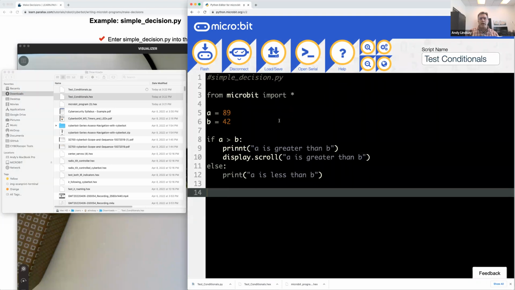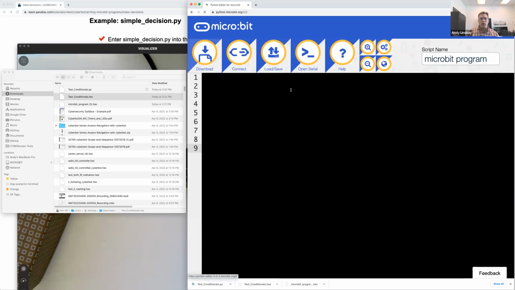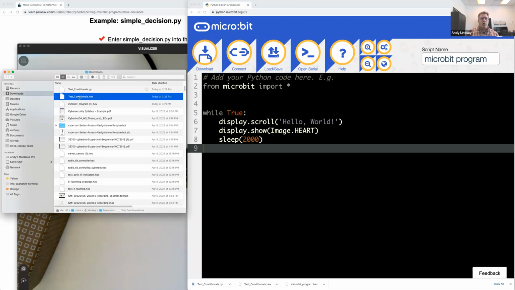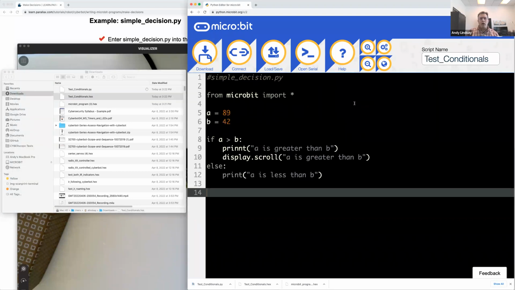testconditionals.hex, one thing I can do is, let's say we refresh our browser. Well, all of a sudden, all work is lost. And what comes up is the default script. In most cases, you can simply open your file browser and drag and drop a hex file or a .py file onto your browser when you're at python.microbit.org, and it will